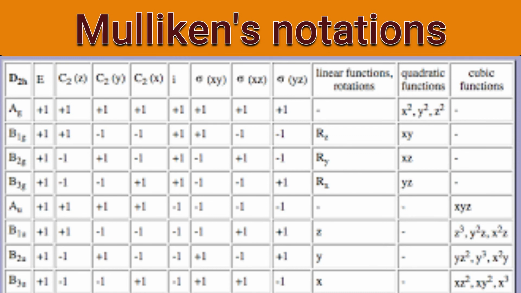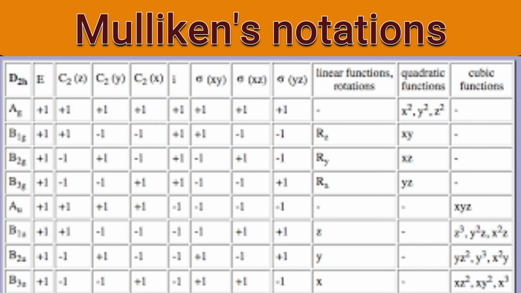About A, if you see, there are only 2 A's. And in this point group, a center of inversion is there. The first A is symmetric about the center of inversion. And the second A, that's our fifth irreducible representation, is antisymmetric. So for symmetric, which symbol do I have to use? G. And for antisymmetric, U. So here distinguishing is done. So there is no need of subscript 1 and 2.